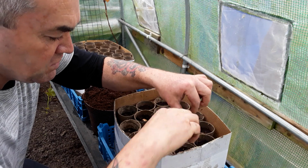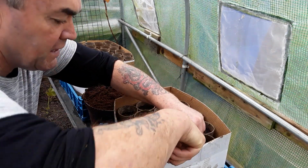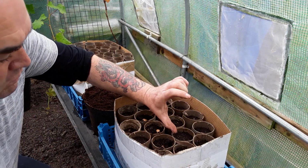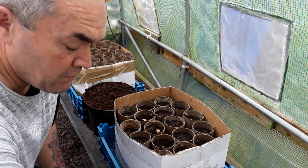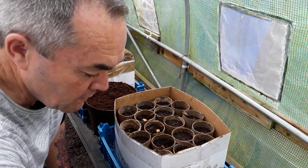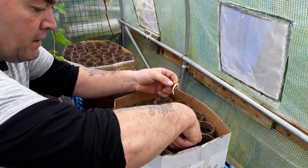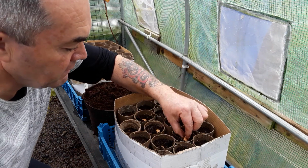I do like Bunyards Exhibition. I did have some off the hashtag starting a new allotment last year. I'll get these up to 2 or 3 inches high, and then they'll go out into the prepared bed where the potatoes used to be. So they had manure last year,